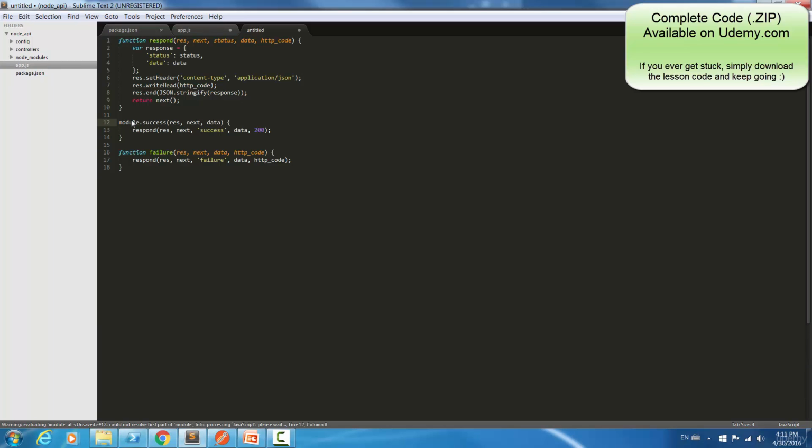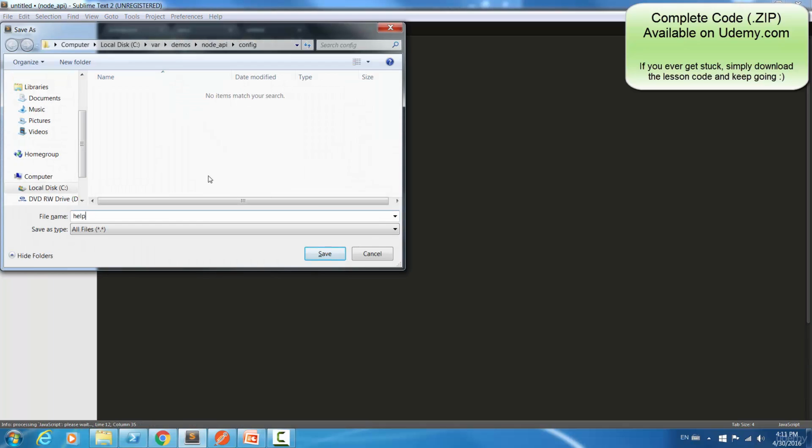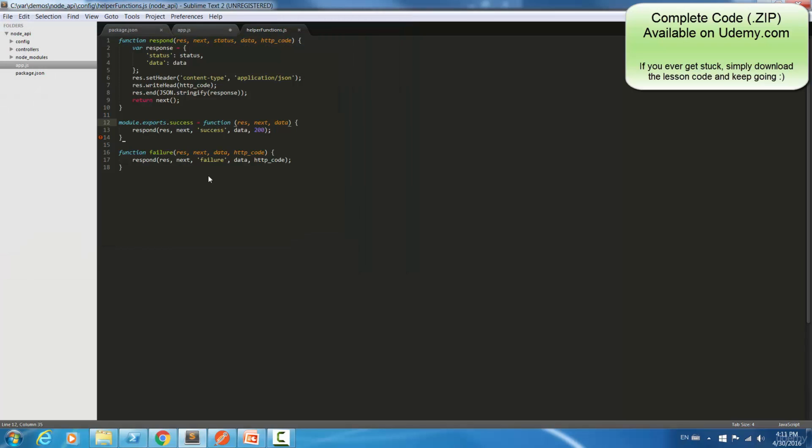So module.exports.success is equal to function, same as before. And we're going to call this helper functions.js. And we're going to do the same thing below to the failure function and say module.exports.failure is equal to function. So now the success and the failure function are publicly available to any file that will require this helper functions.js